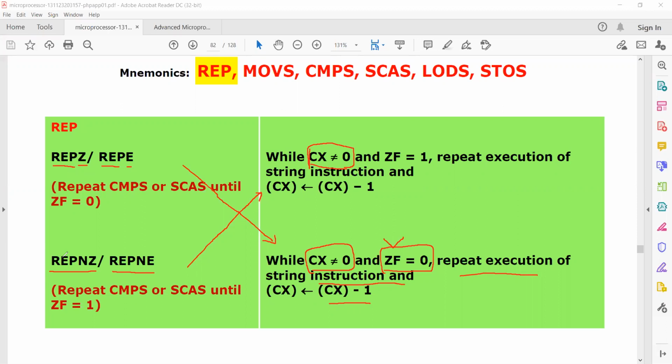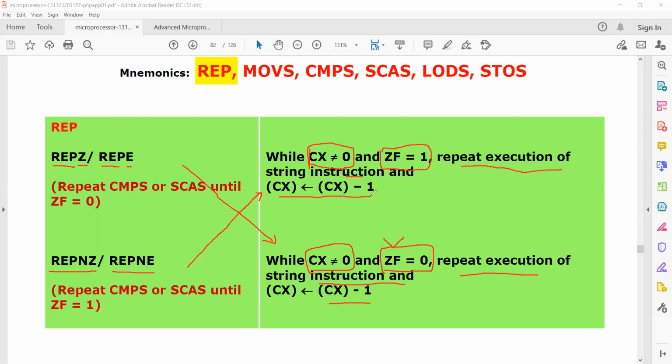Similarly, repeat on non-zero means when the zero flag is not equal to 0, that is, when the zero flag is equal to 1, then repeat execution of the string instruction takes place. And after every single execution, the CX register gets decremented.